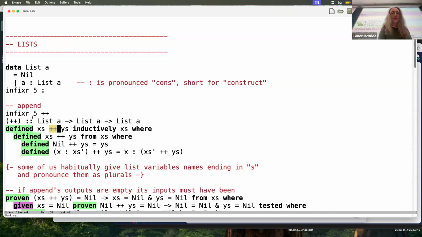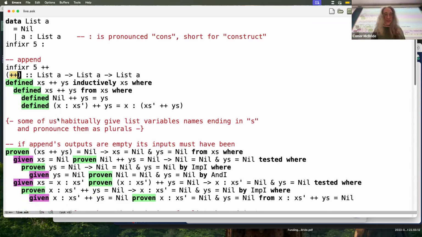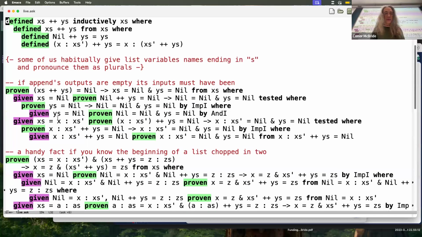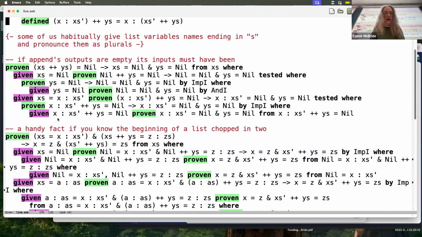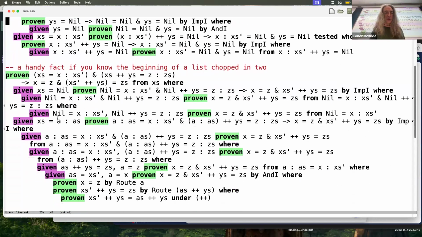Okay, so we've got this double plus, a bit Orwellian, which is also standard notation. It's the append operator, which concatenates lists, and you can see it deserves to be symmetrical. It takes a list on each side. I've proven some handy facts about lists, which I'm going to ignore, because I want to get on